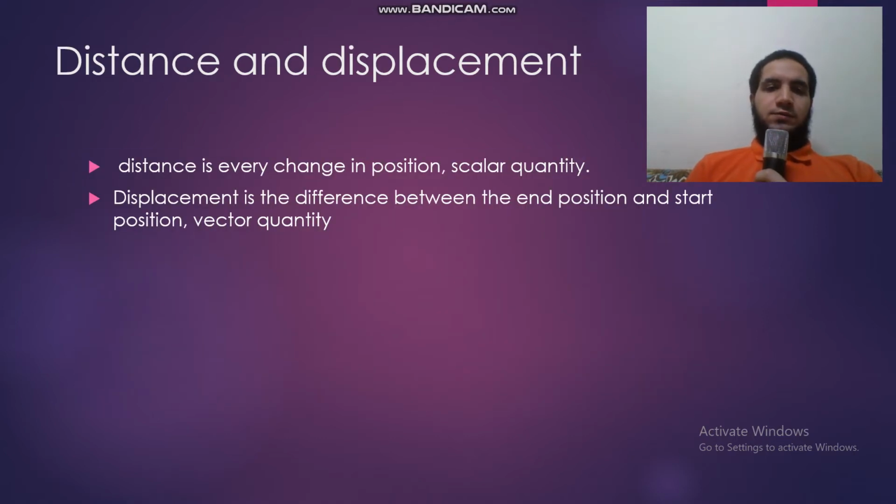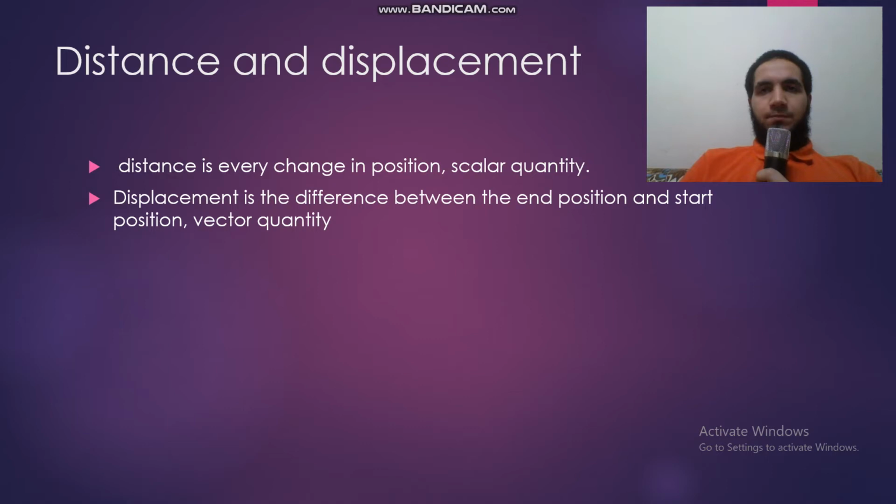Okay, distance and displacement. The difference is that distance is a scalar quantity, and it's every change in position. Every change in position covered by an object is called a distance. But displacement is just the difference between the end position and starting position of an object. So it's basically a vector quantity and can be positive, negative, and also zero, while